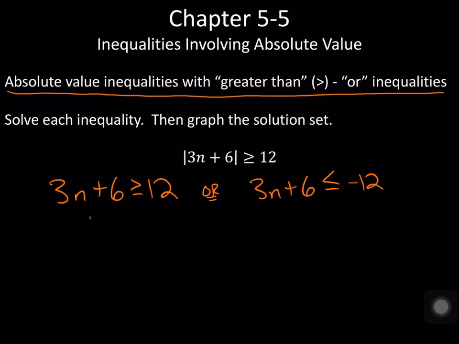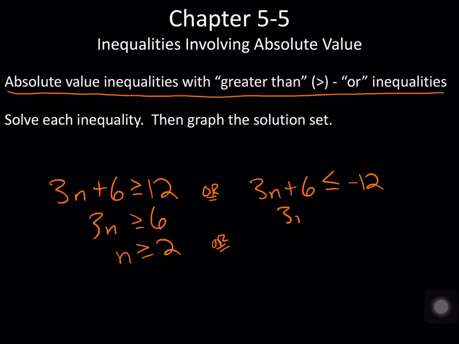All right, so let's solve by subtracting 6 and then dividing both sides by 3. Okay, again, there's an or in the middle. Let's not lose the or. We'll solve this side the same way. Subtracting 6 and then dividing by 3. And so there's our statement. So there's our two